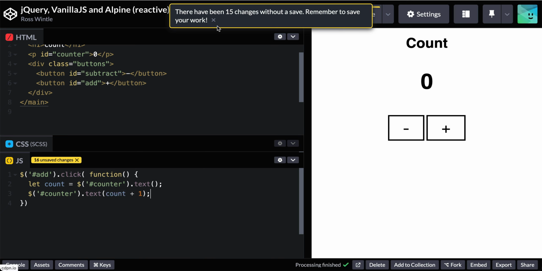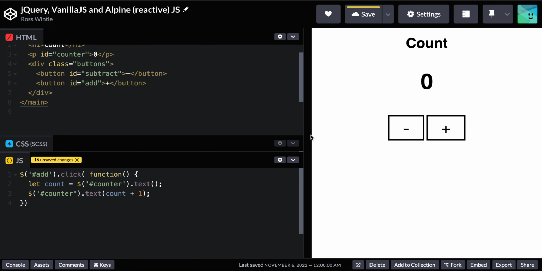Now, thank you CodePen for the reminder. Let's just see what happens, because something weird is going to happen, I think. We'll see why. Yeah, so it's concatenating strings here. So we actually want to do, up here, maybe we'll do parseInt to change that text into a number. Is that going to work? Yeah, there we go. So that's our add button working,